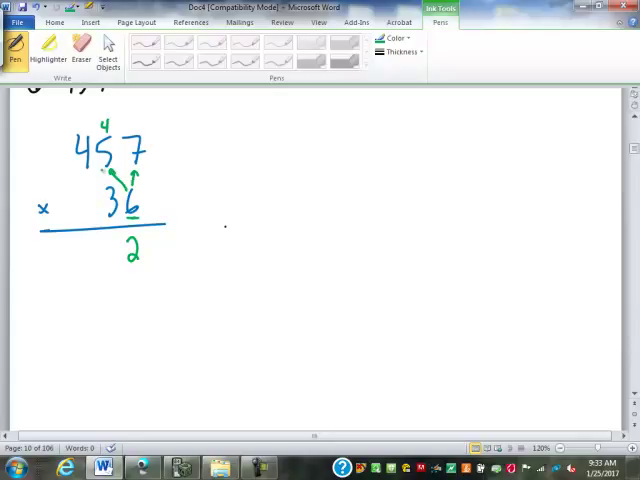Then we got 6 times 5 is 30. You always multiply first. So that's 30. Then you add the 4 that was carried, is 34. So 4, carry the 3. 6 times 4 is 24, plus 3 is 27. So 7, we carry the 2, but there's no place to carry it, so just move